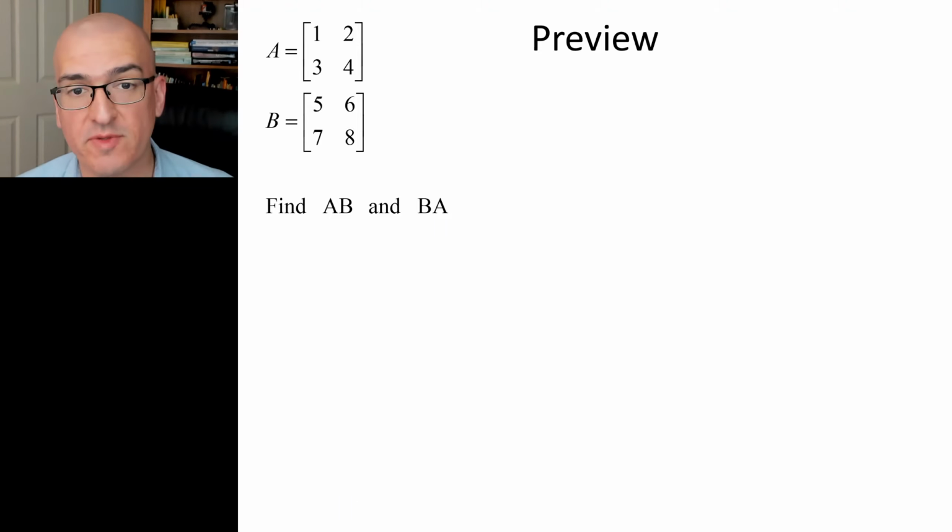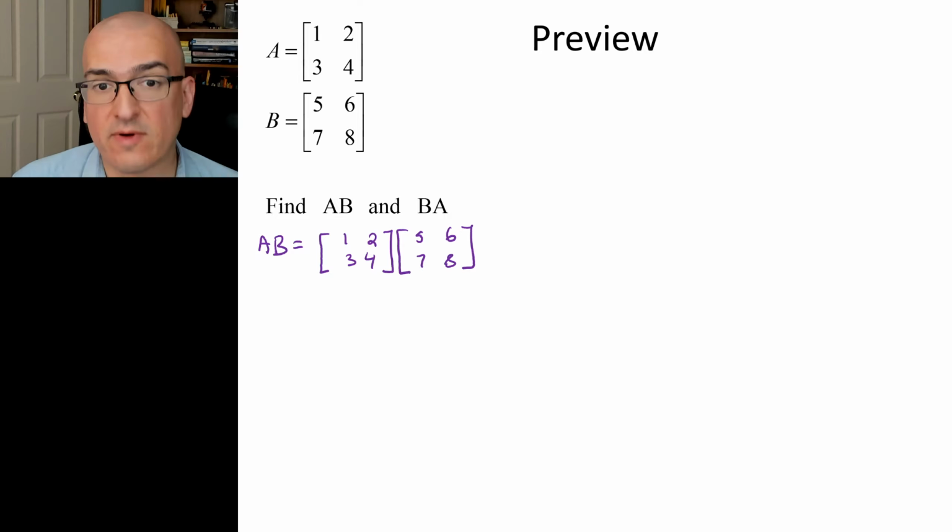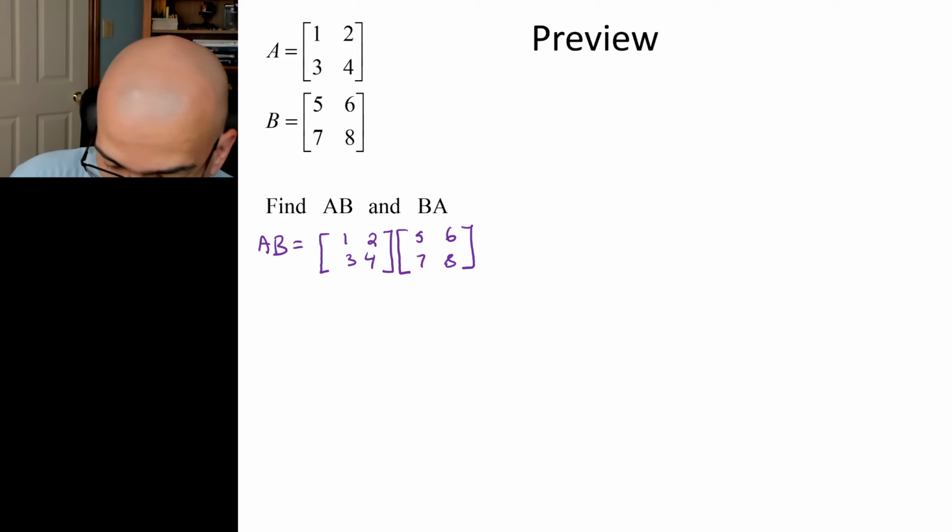All right, so I'm going to show you what the matrix multiplication looks like. A times B. I'm going to put them side by side. 1, 2, 3, 4. That's the matrix A, and beside it I'm going to put the matrix B. 5, 6, 7, 8. So remember, if we have a 2 by 2,